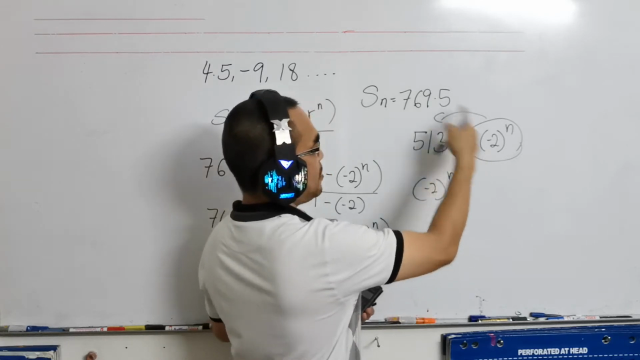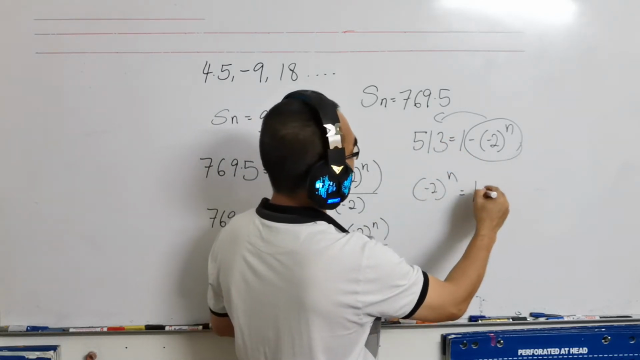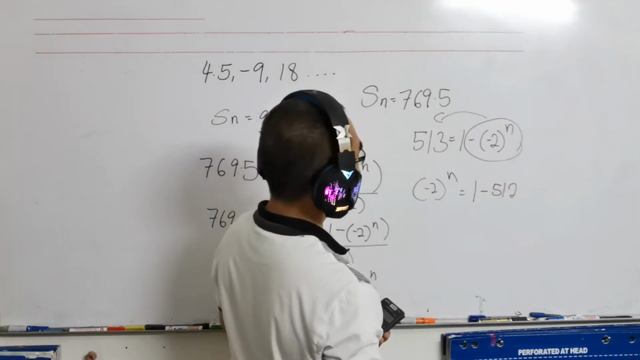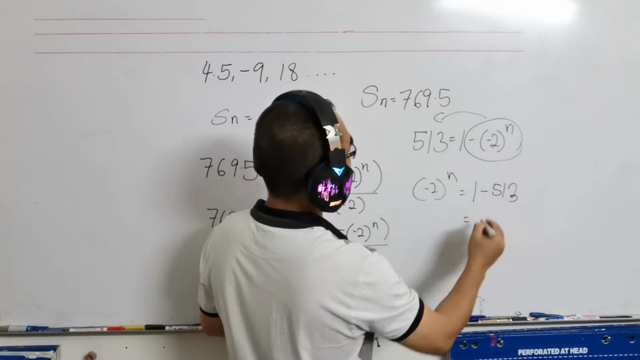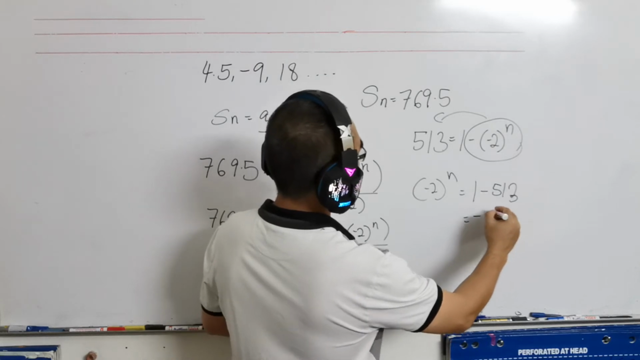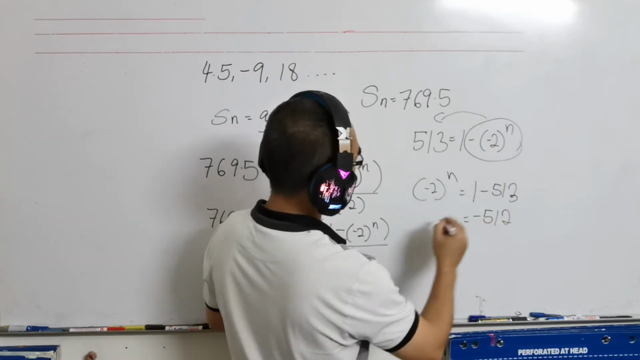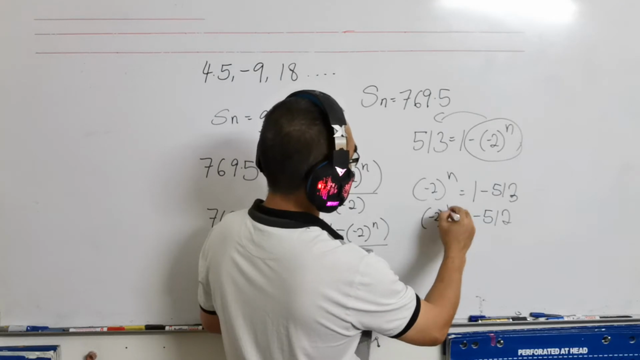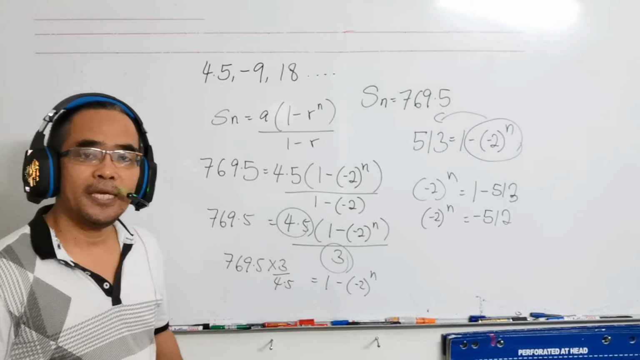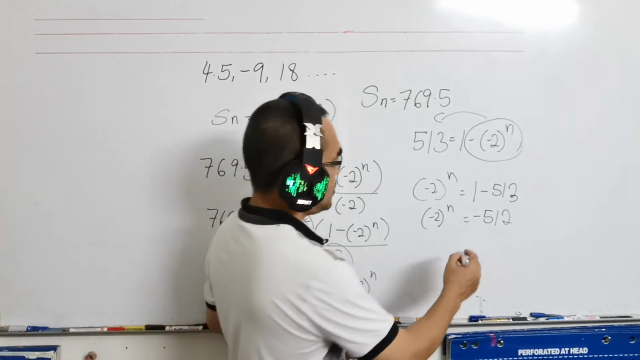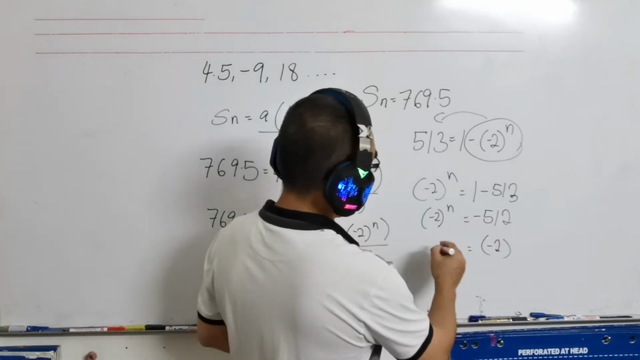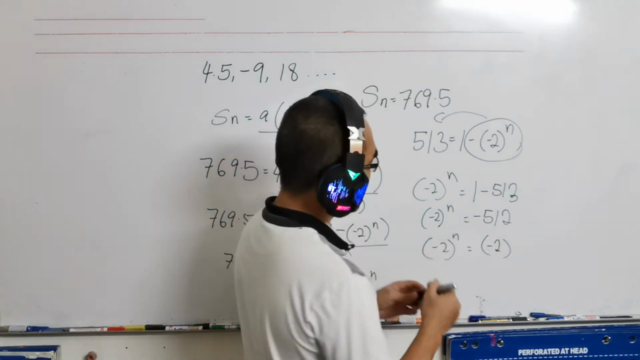Because this is negative, you move to the other side, it becomes positive. So 1 minus 513. So the answer will be negative 512. And here is negative 2 power n. So can we solve this using indices? Of course, right? So you make this as in the bracket, and then this n, and then now